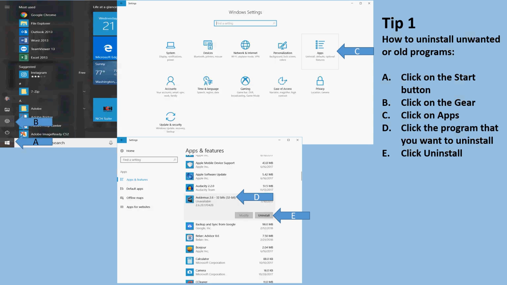The first tip is uninstall unwanted or old programs. Your computer comes with a lot of default programs that you may or may not ever use. By uninstalling those programs, you free up hard drive space and also resources that will allow your computer to run more efficiently. The first step is to click on the Start button, which is on the bottom left-hand side of